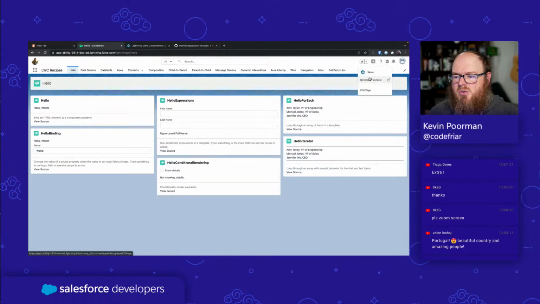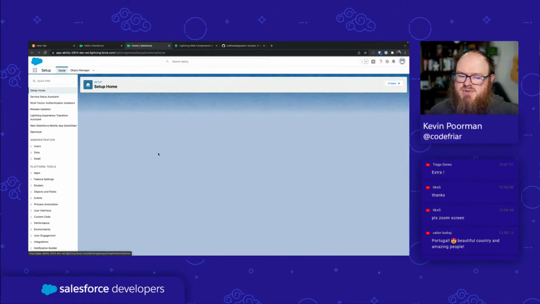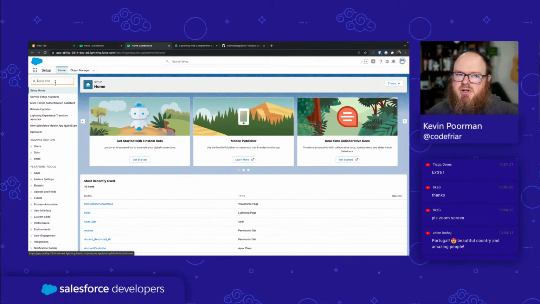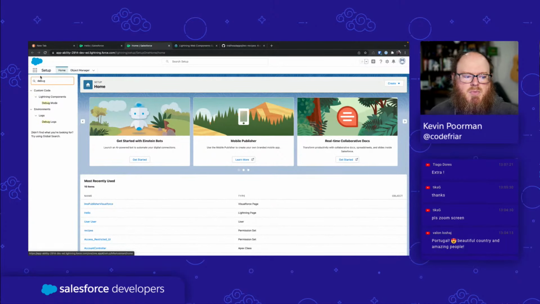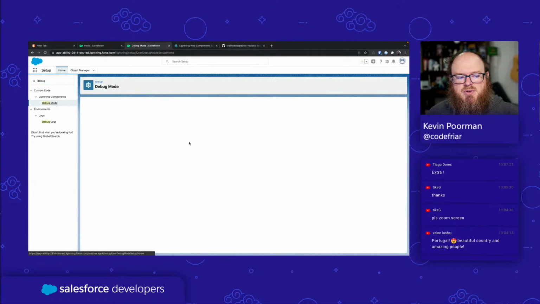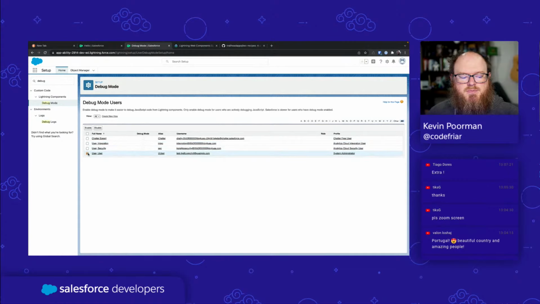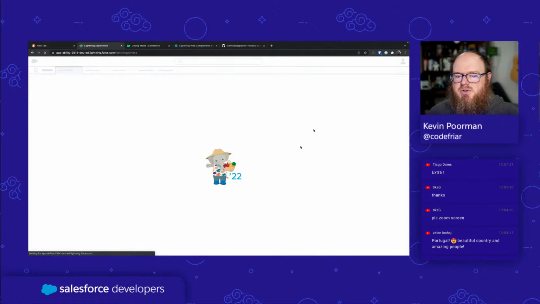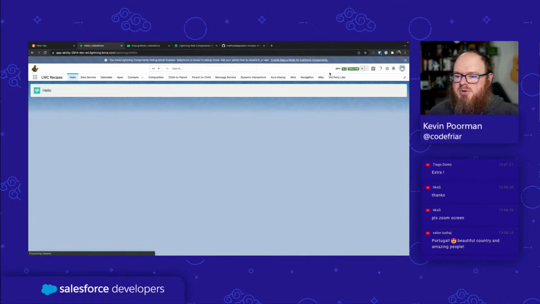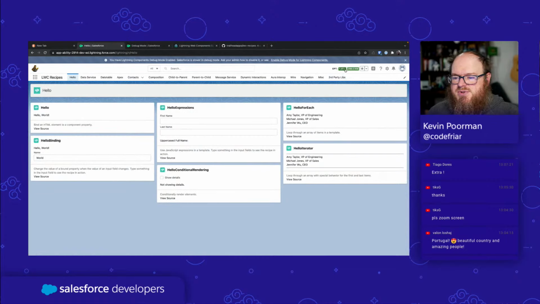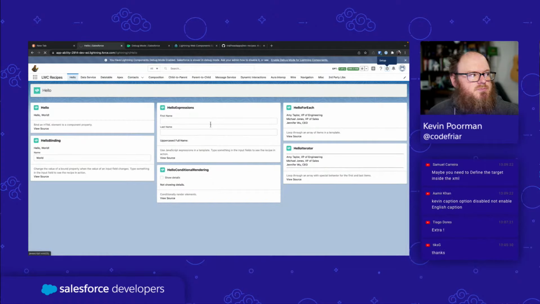So one of the things that I always do, it makes it slower, but I always do this, is when I'm doing LWC development, I go in and turn on debug mode. So if I go to Lightning Components debug mode in Setup, I can choose my user, enable, and then you'll know that I have it in debug mode because when I reload this page, I'm going to get some information up here in the upper right. See this EPT and then 1.4 seconds and then how much page data has been downloaded. These are telling me how long it took to load the page. And when I turn on debug mode, it turns off caching. So now if I go into edit page,